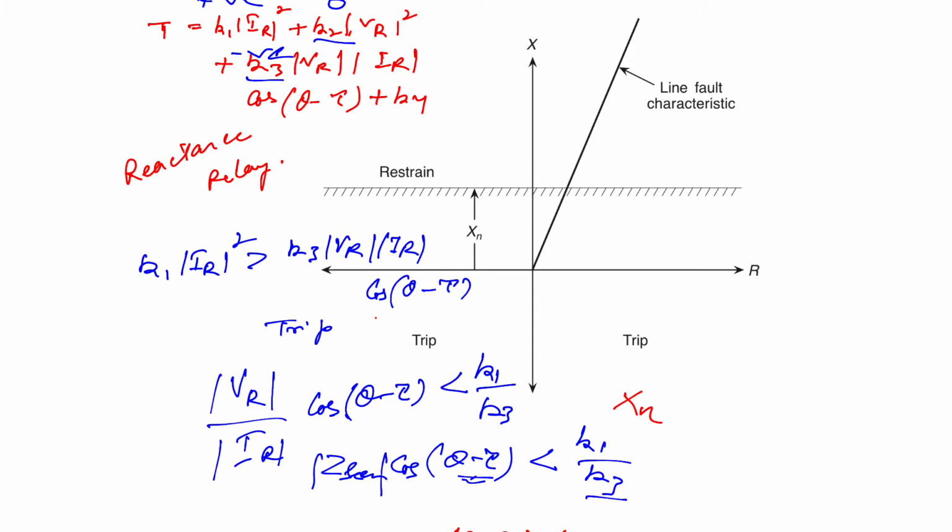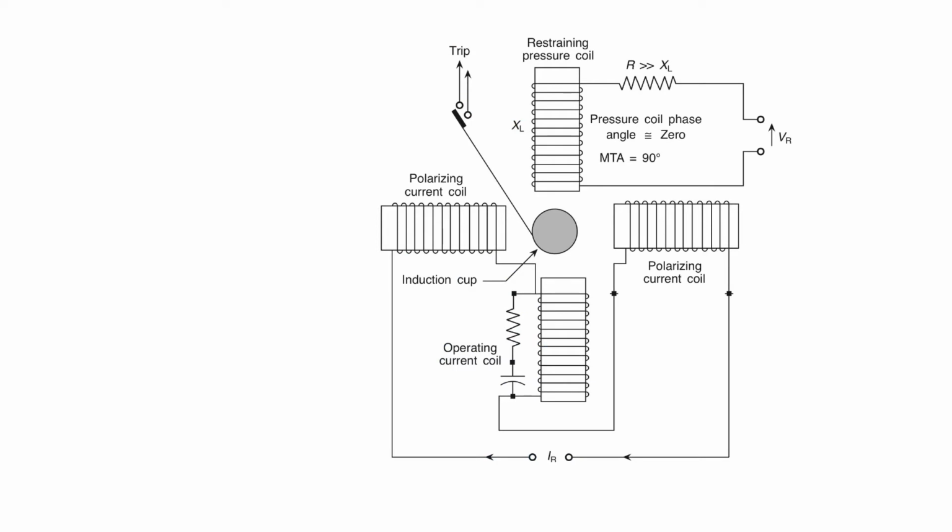Now how can we implement it? By using the induction cup structure. In this case you will see that the current through one of the coils is shifted in phase. We have this current coil, this is the operating coil, and this is the polarizing coil. The current through one of the coils is shifted in phase so that the torque, proportional to I square, is produced by the interaction of the fluxes